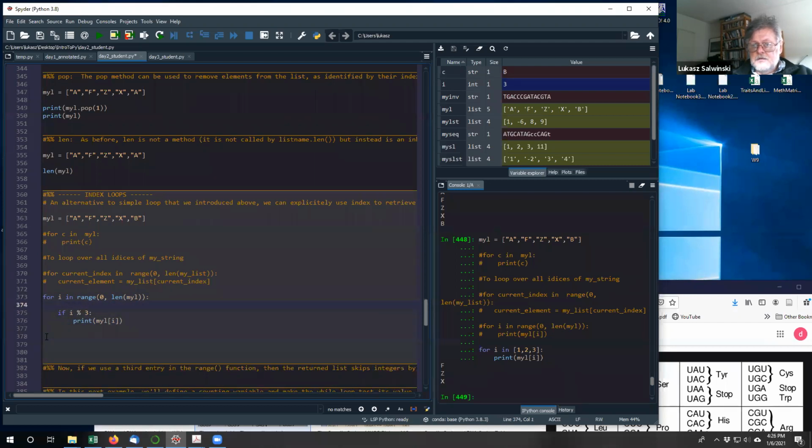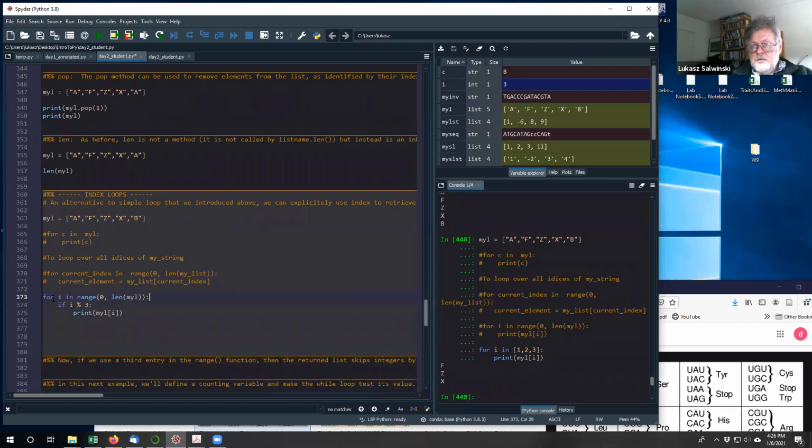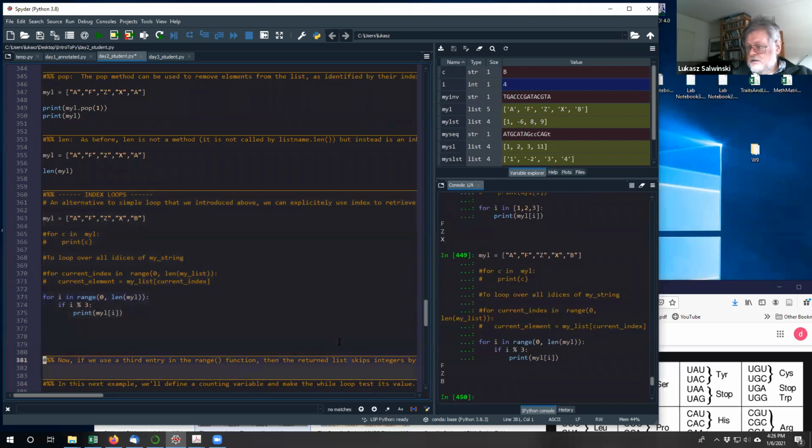The point is that you want to iterate over the entire list, but then only for certain indices you want to do something with them. Here I'm printing every third index, every third element. So this can be achieved by using the range,